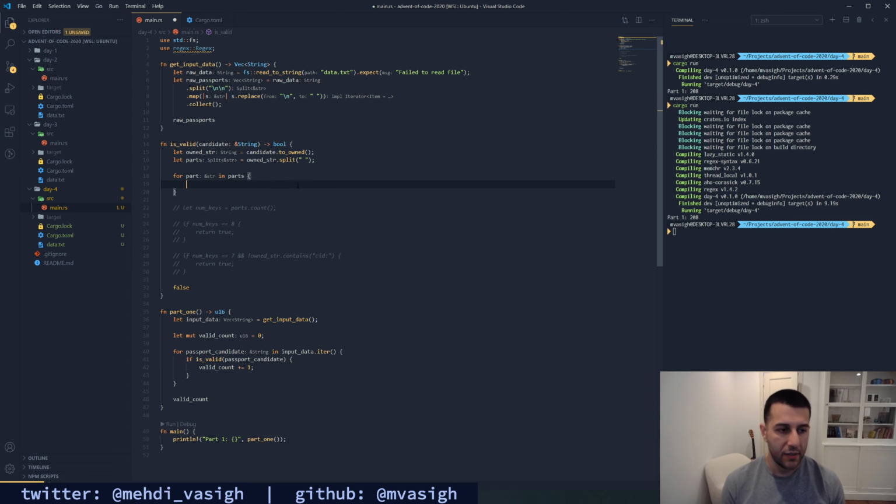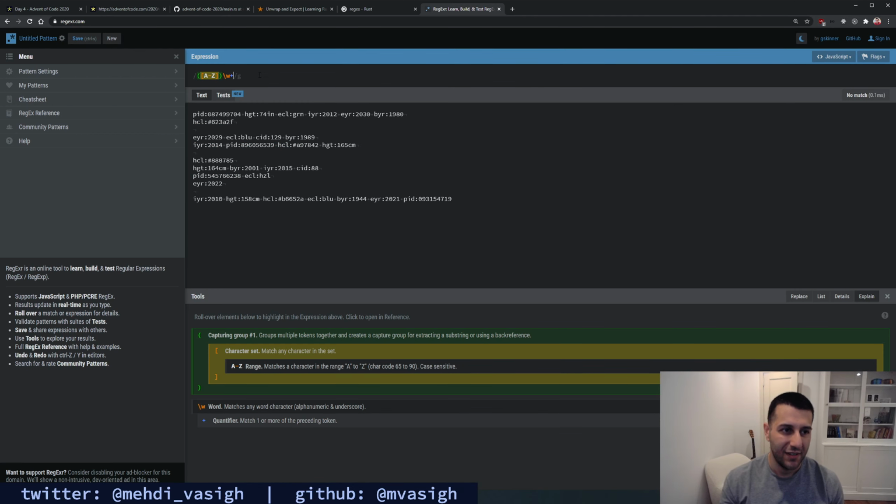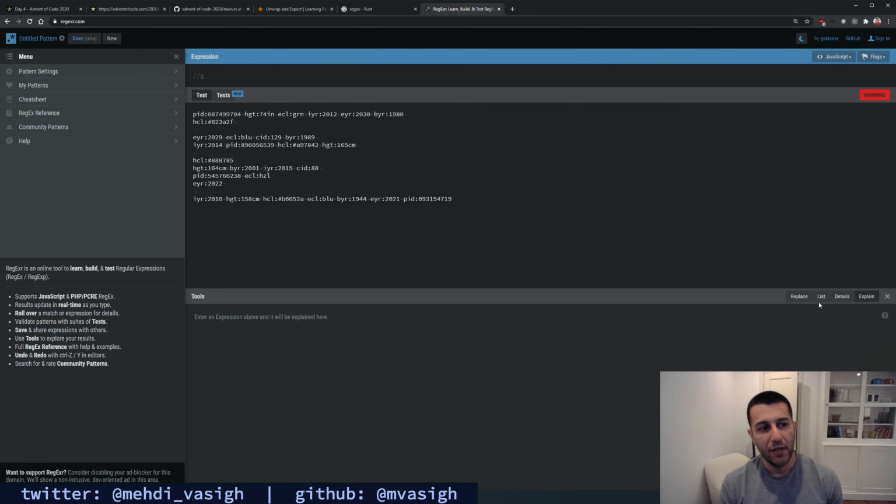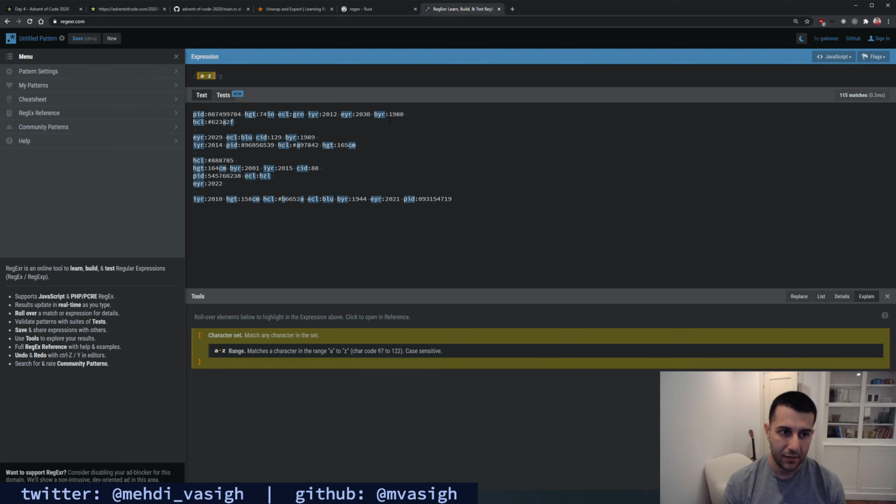Now in our loop, we need to parse out the two parts of our text. So before we do anything, we need to write a regular expression that gives us the actual key and value. So let's do that. Regular expressions all the way down. This is going to be simple. Each key is 3 characters, and they're all lowercase, so A to Z, right?